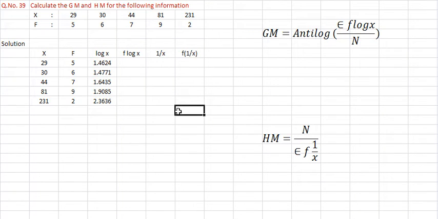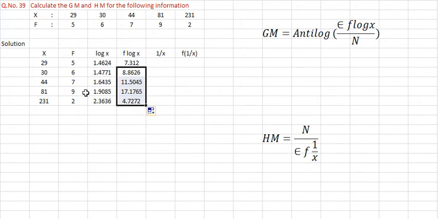3636. Now this was over. Then what you have to find now? F into log x. F is here, log x is here. So into 5, this number 5, and into this number 1.4624. So what I did now, this number into this number, these two multiply, you will get this number. Same type, this number into this number, so you will get this number. Then find the multiply same, these two numbers you have to multiply, you will get this one. Make sure that it is only 4 places now. Okay, 4 places comes now.